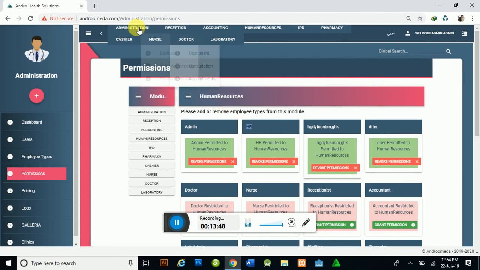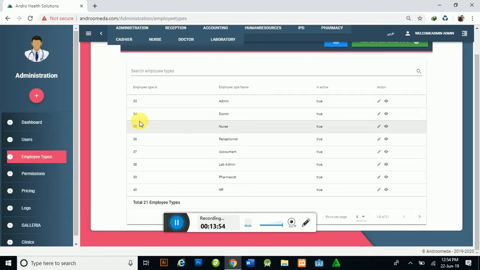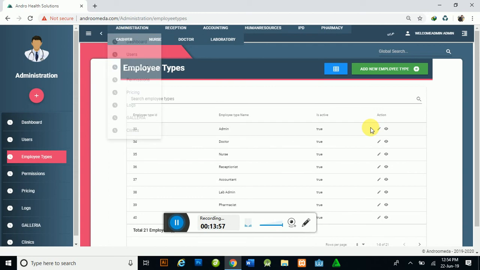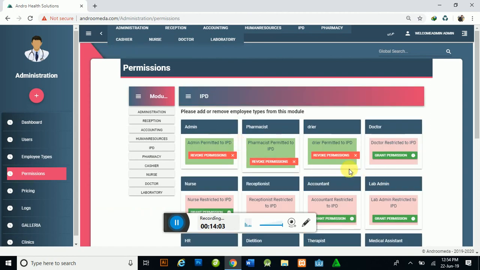These employee types can be changed from here as well. You can add more employee types. You are free to make your own employee types, and automatically the permissions will work. So that was all about the permissions, and it's quite simple to work with them. You can revoke and you can give permissions. So that's all for this